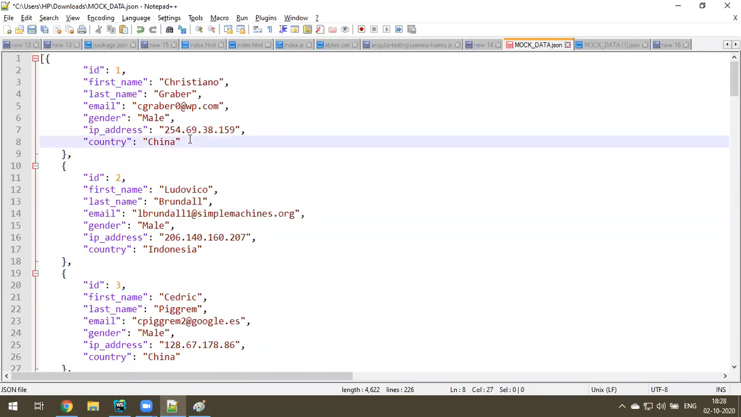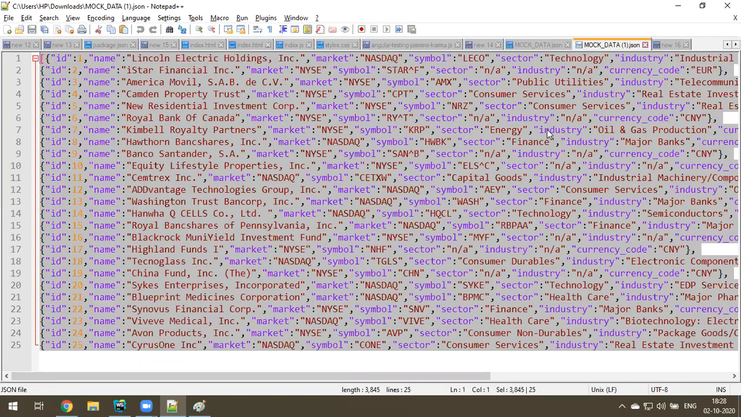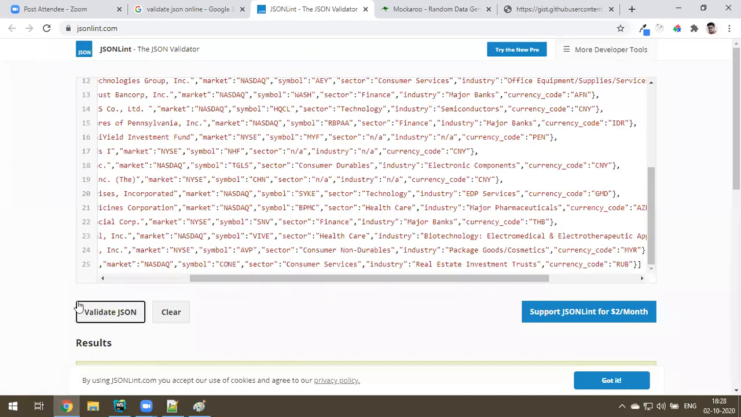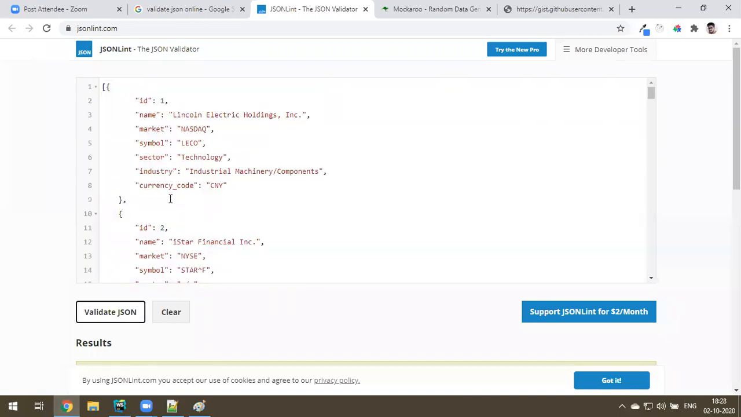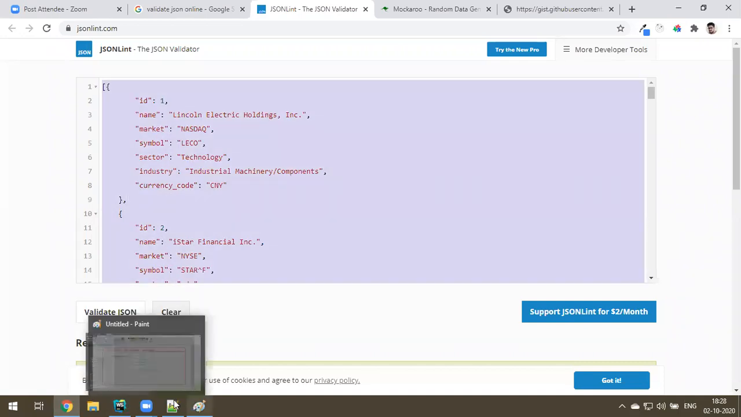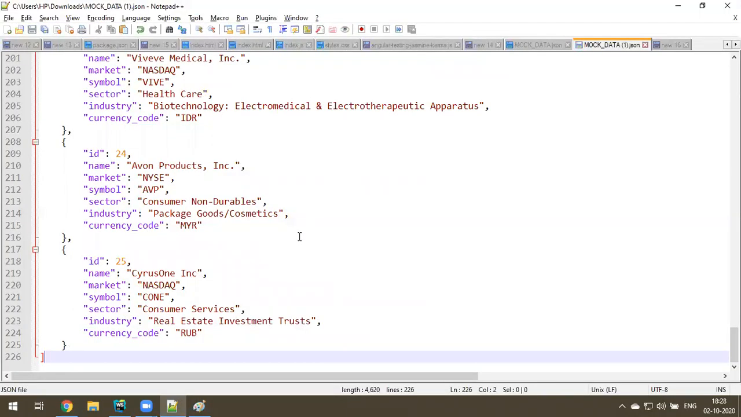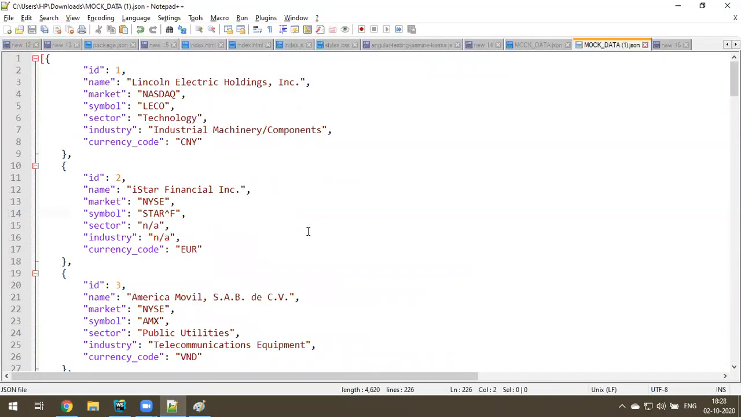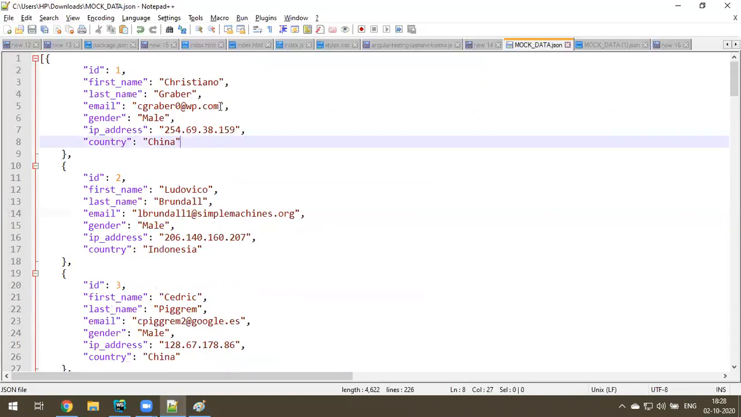And same thing for stock. Simply copy the stock data. Go to validate JSON. Let me delete everything. Let's paste, validate. It will validate and it will format also. Let me copy everything. Go back here, delete, paste. Okay, fine, super. So we got this data and this data. This is what? Employee data. So for employee data, I want